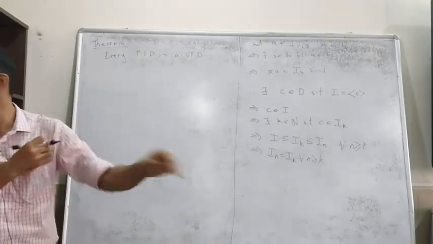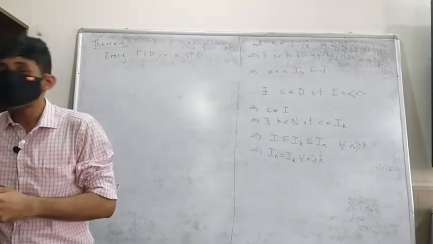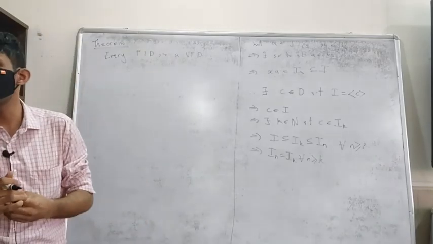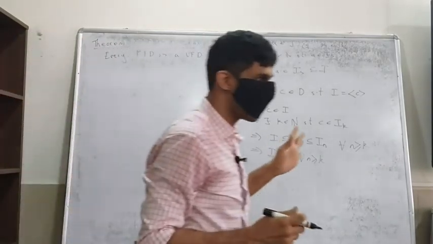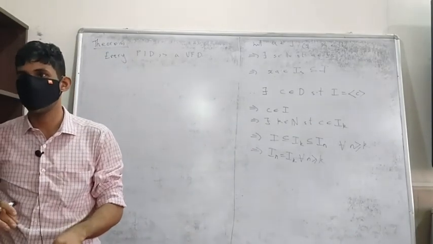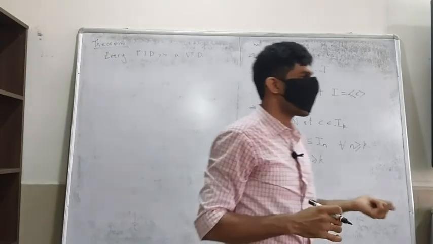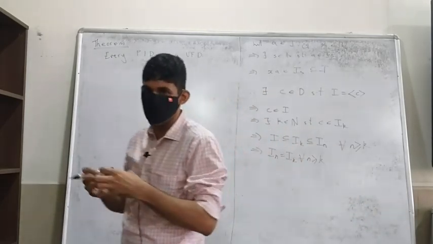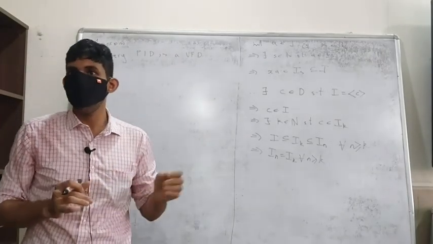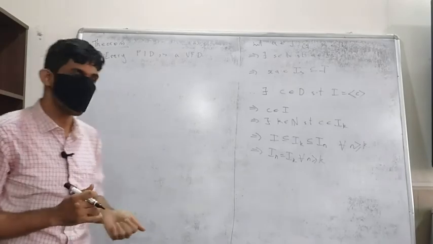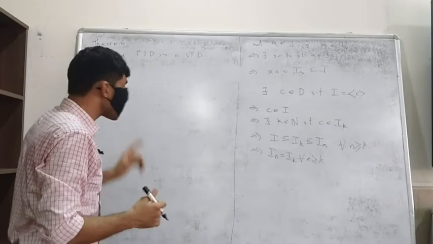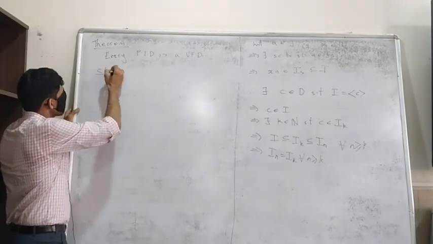The strategy which we will follow is like this. First we will show that every non-unit non-zero element, this is exactly what we do in Z. We first show that every integer has a prime divisor, and then we show that every integer can be written as a product of prime divisors. So for the existence part, that's what we are going to do first. Uniqueness we'll see how to handle later.